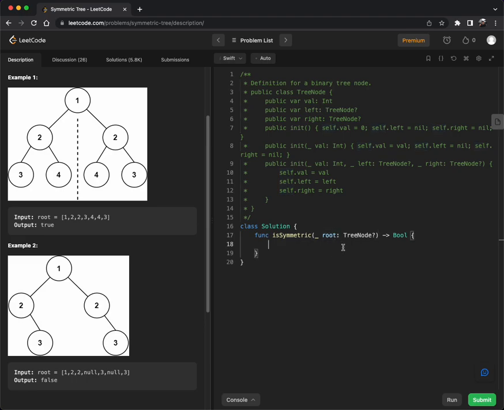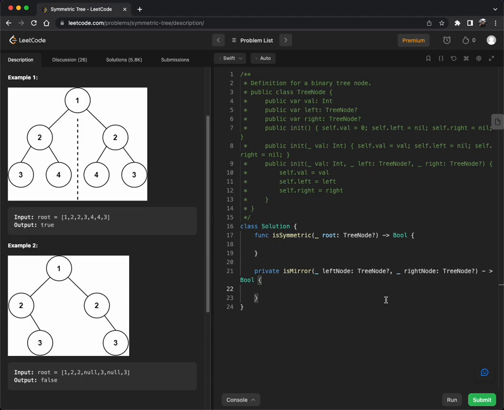So alright, we are going to use recursion here, but first, before we go on to this function, we are gonna create another function, I'm gonna call it isMirror. The input will be the left node, which is also a TreeNode, and then the right node, which is also a TreeNode, and it also returns a boolean. By the way, I'm just gonna call this left, oh, it will be confusing. Okay, so